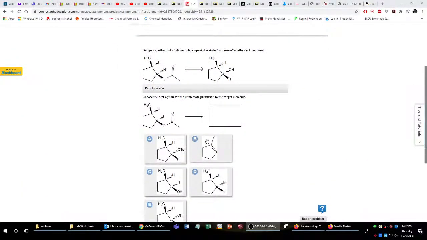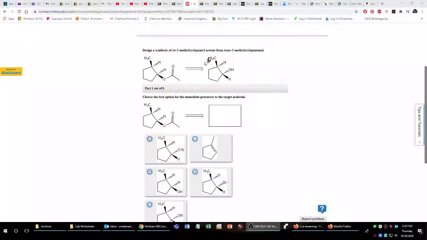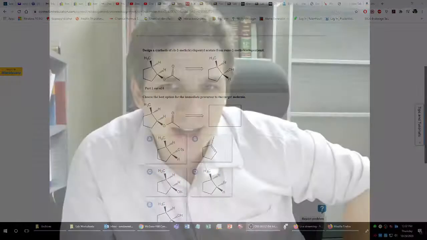Now, think about McGraw-Hill. This is really obnoxious. Basically, it's written backwards. It's asking you how you would take this cis, trans 2-methyl-2-pentanol product and make this compound here on the left. Now, a reasonable person reads left to right. So the way you're probably actually thinking about this problem is, how do I take